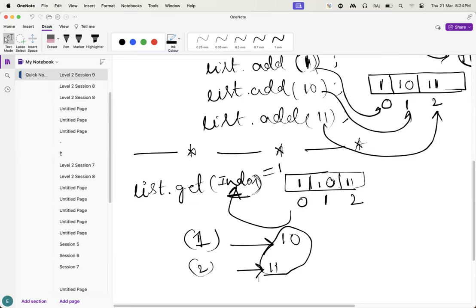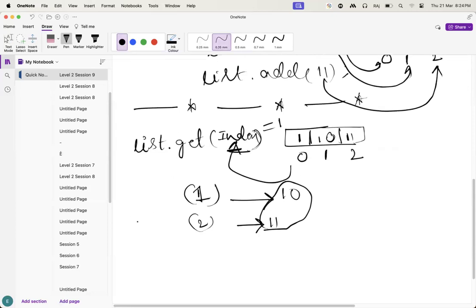Guys, understand? Please let me know. This is a very simple concept, guys. This is a very important thing. So add element is important and get element is very important. Okay. The next one,